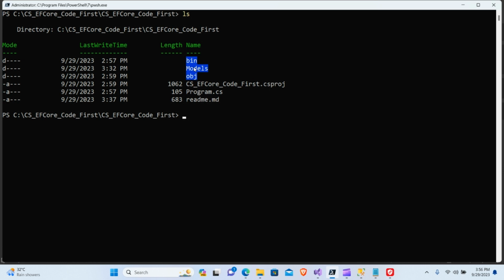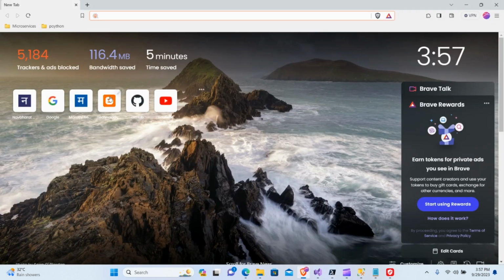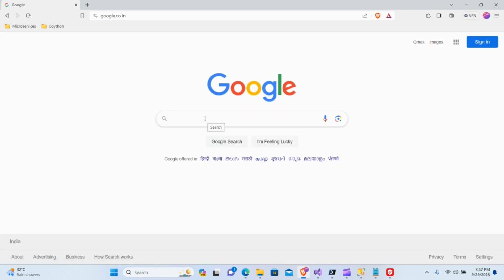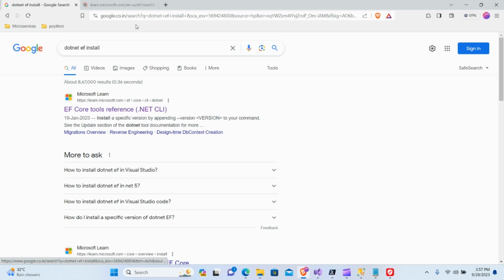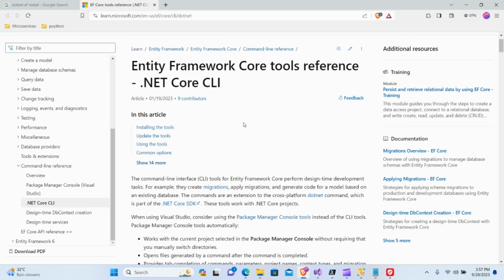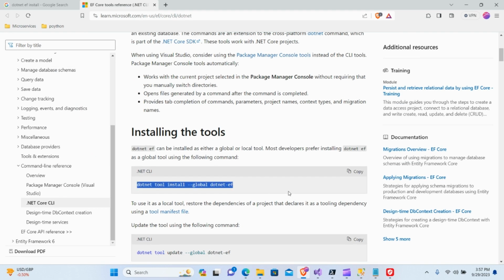generating the migration. So it is a dotnet ef command. Now, to make sure that the dotnet ef command is installed on your machine, you have to go for the dotnet ef tool. It's a global tool for the command line. So you can say dotnet tool install. That's what the tool is. So this is the EF Core tool, CLI. You have to run this tool from the command prompt, and this will make sure that dotnet ef is